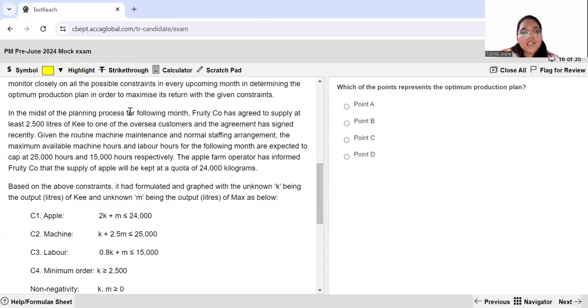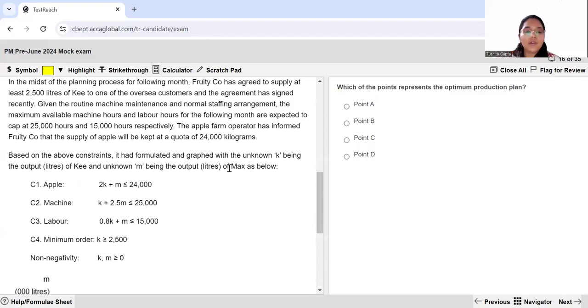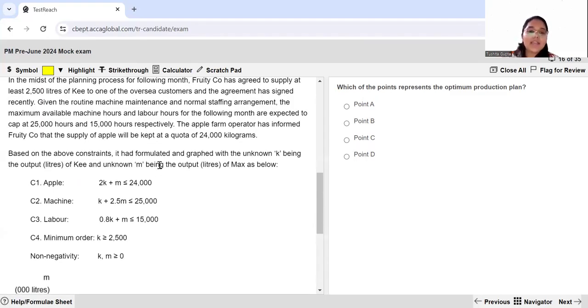In the midst of planning process for the following month, Fruity Company has agreed to supply at least 2,500 liters of Key to one of its overseas customers, and the agreement has been signed recently. Given the routine machine maintenance and normal staffing arrangement, the maximum available machine hours and labor hours for the following month are expected to cap at 25,000 hours and 15,000 hours respectively. The farm operator has informed Fruity Company that the supply of apples will be kept at a quota of 24,000 kilograms. So based on the above constraints, it has formulated a graph with the unknown K being the output liters